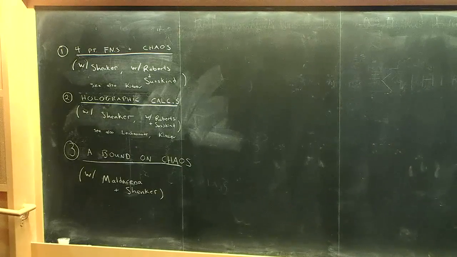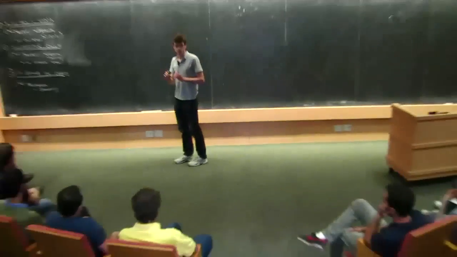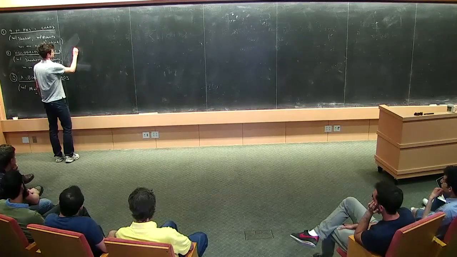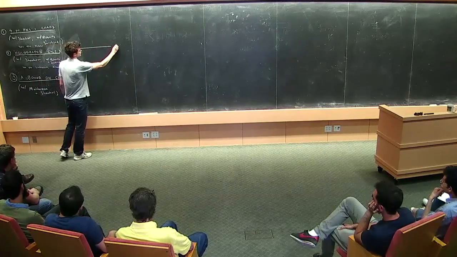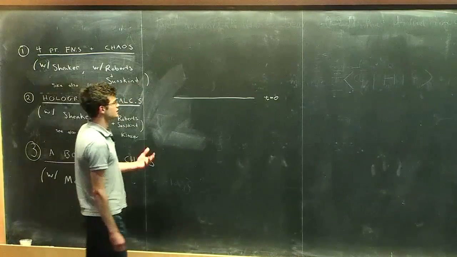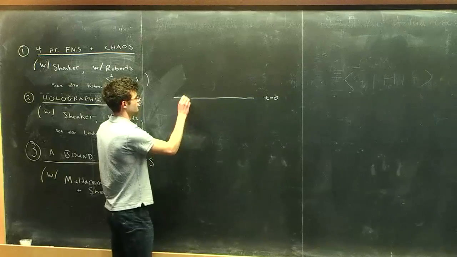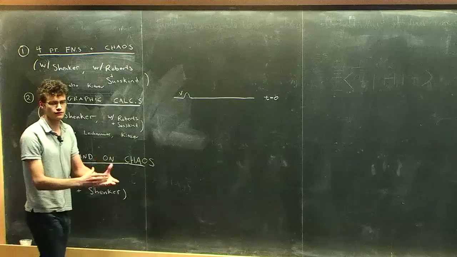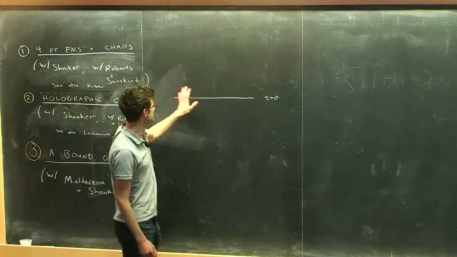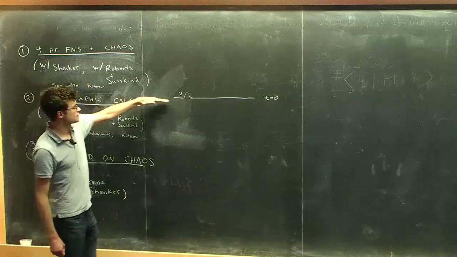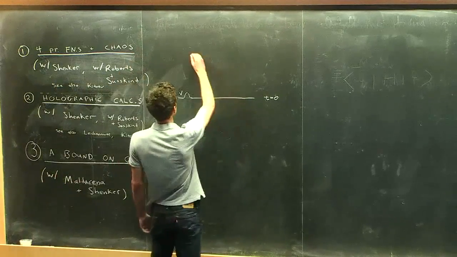To start, I'd like to imagine a thought experiment to illustrate the type of chaos that I will be talking about. Let's imagine that we have an equilibrium state in a thermal quantum system at time t equals 0. And let's act on that with some operator V, which creates some perturbation. Let's say a rather localized perturbation, which allows us to distinguish this state from the thermal equilibrium state. Now we evolve this system forwards in time to some later time.